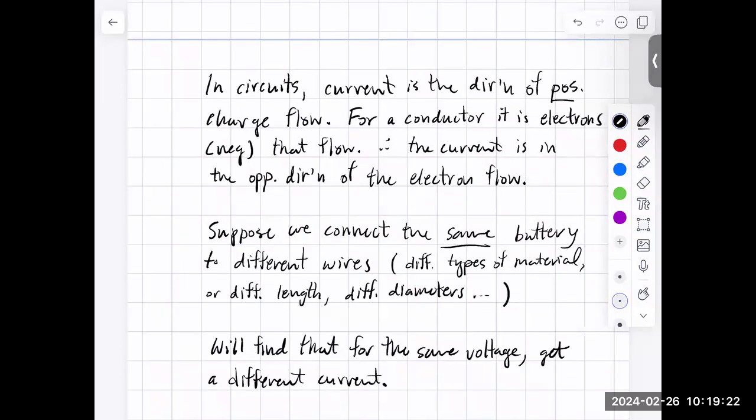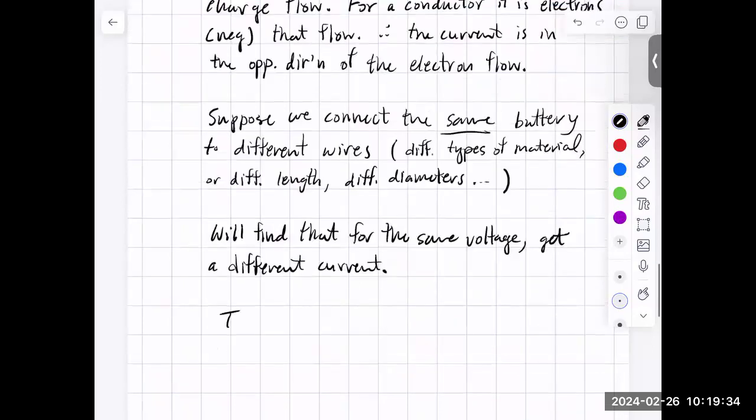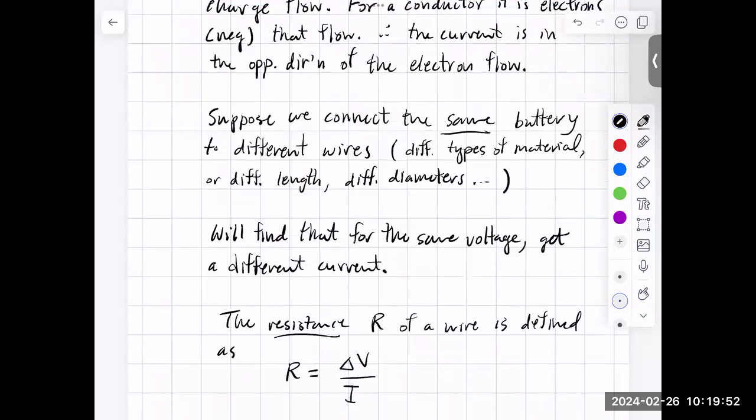So in order to make predictions about what current you would expect for a given wire, we define this property of a wire called resistance. The resistance R of a wire is defined as follows. If you set up this experiment where you have a voltage or a battery connected across a wire and you measure the current, the ratio of the voltage that you use divided by the current defines the resistance. The units of resistance are the units of voltage, a volt,